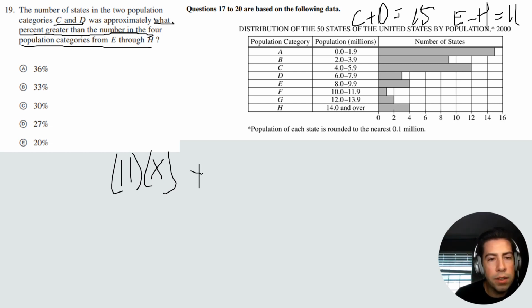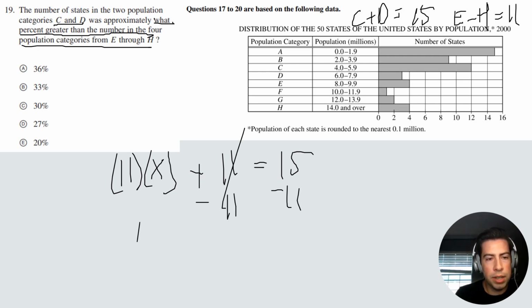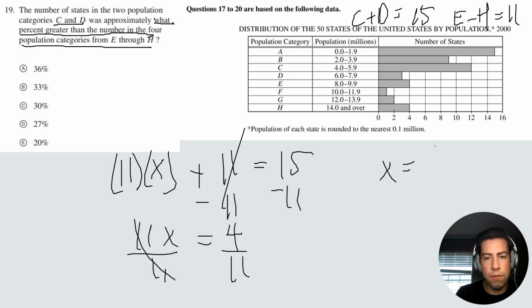Whenever you add it to itself, that has to equal 15, okay? So does that make sense? If it doesn't make sense, feel free to comment below, but what we're going to do here is subtract 11 from both sides. I'm going to have 11x equals 4, and divide both sides by 11, and I'm going to get x equals 4 divided